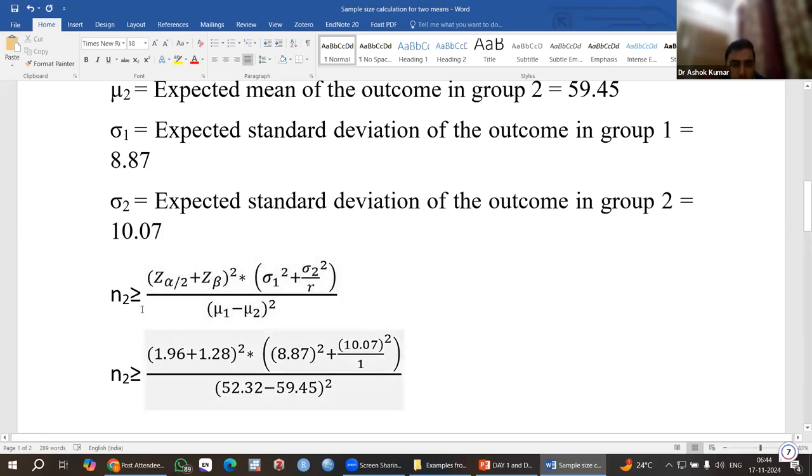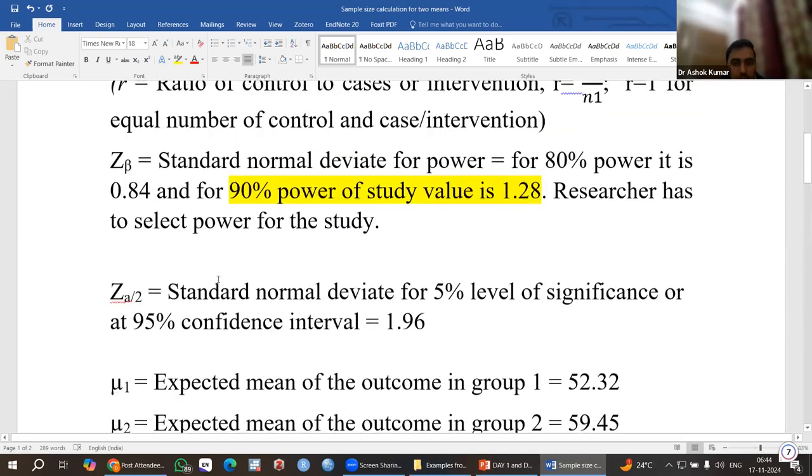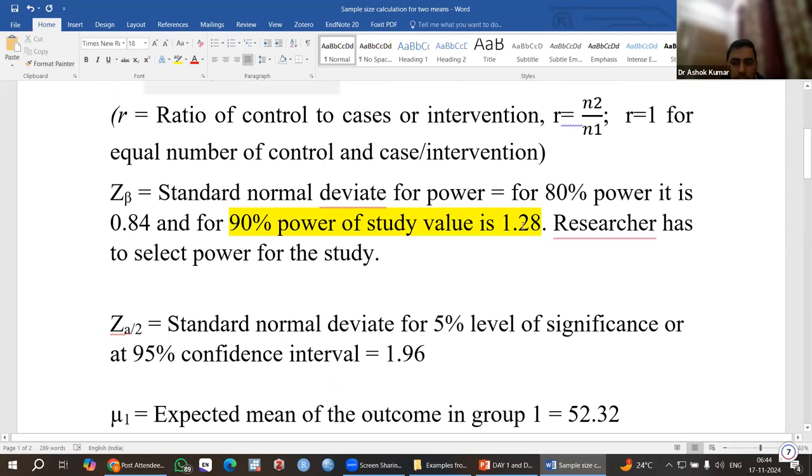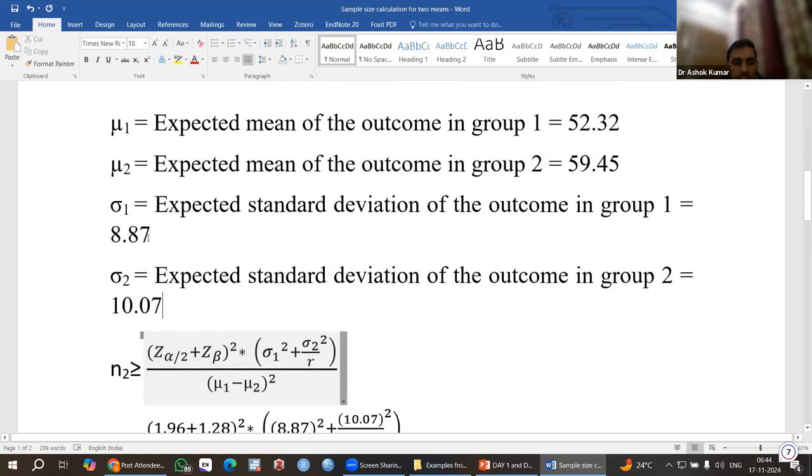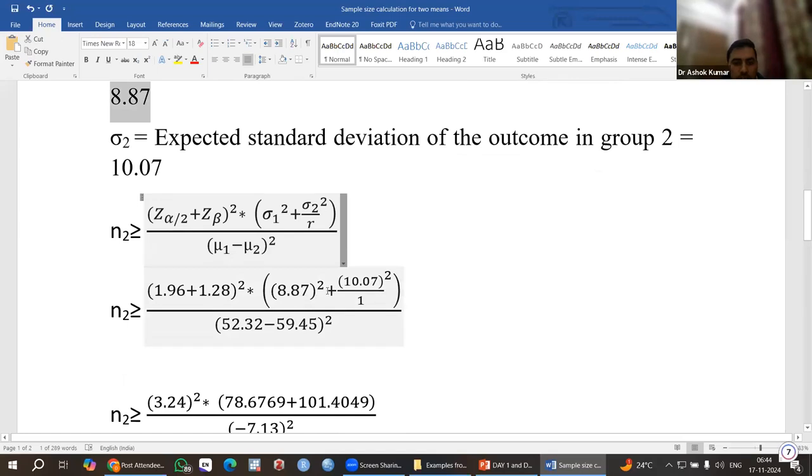So we are using Z alpha by 2. We know the Z alpha by 2 value at 95%, so we write down 1.96, plus Z beta, which we are using for 90% power of the study. It is 1.28, so I write down 1.28. Multiplied by sigma 1, the group 1 standard deviation. What is the group 1 standard deviation? 8.87. Plus, since we have taken R equal to 1,